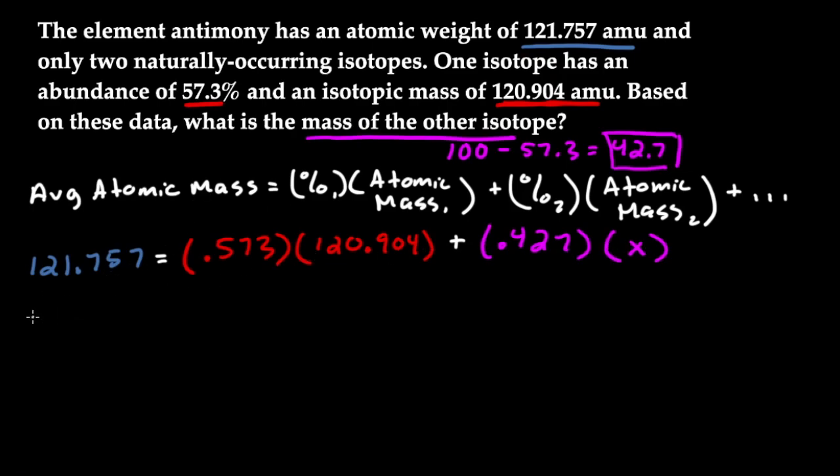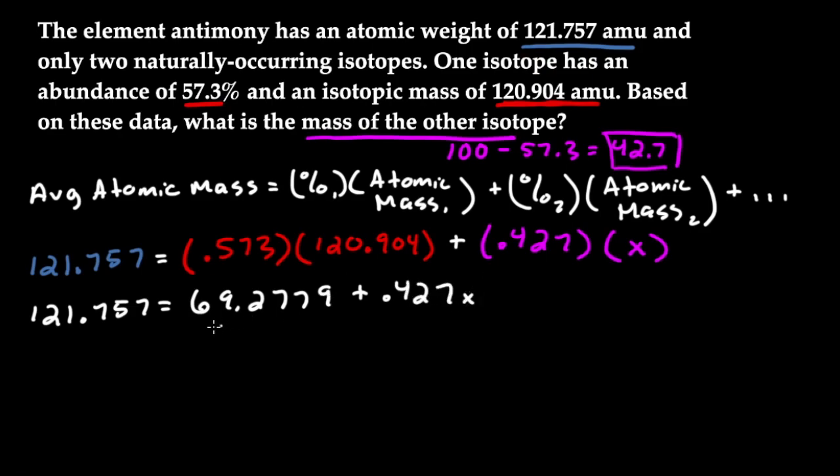And so that's going to be, let's see, we got 121.757 equals, when we multiply these two numbers together, we're going to get 69.2779, and then we're going to add that to this number times x, which is 0.427x. Then we'll subtract this 69.2779 to this side, and then we're going to get, let's see,